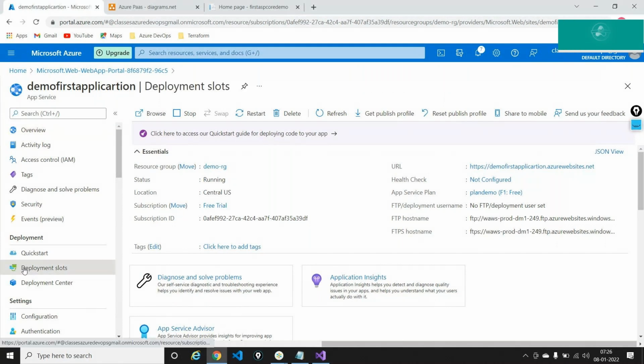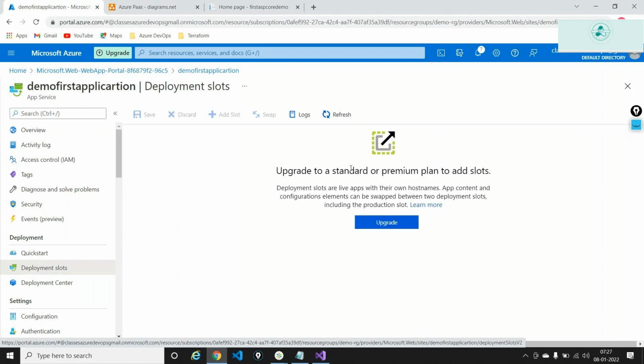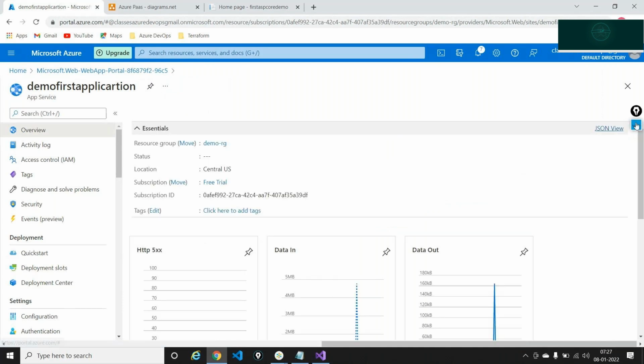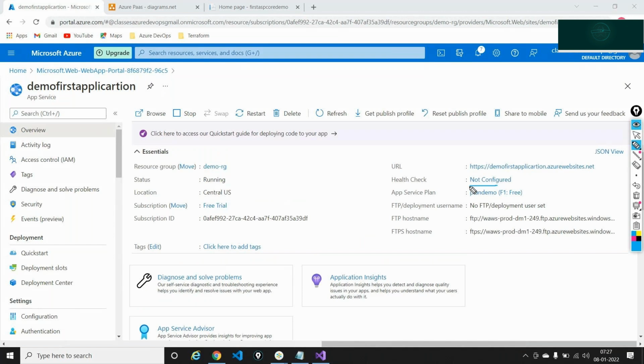So I'll go into the deployment slots, and right now when I hit the deployment slot, it's giving me this particular message telling me that the deployment slot is not a supported option, unfortunately, because the plan you're using is the free tier plan. It's a free plan that doesn't really support a lot of features. So if you want to use multiple features, please upgrade your plan.